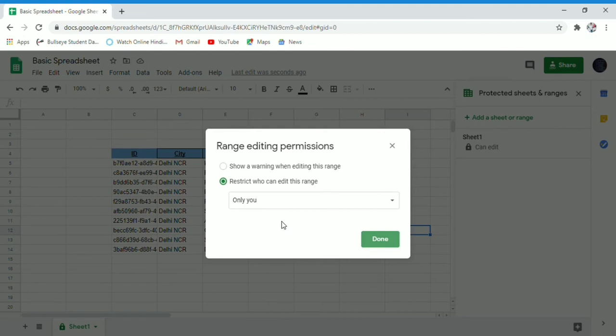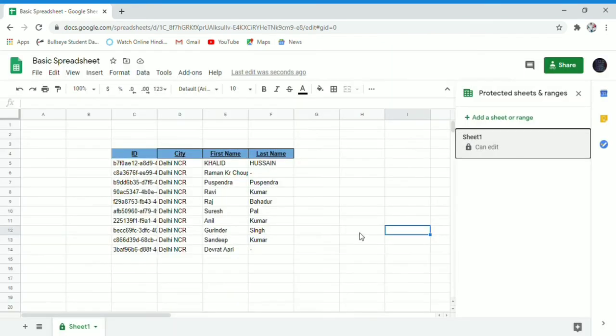So I will restrict this to only me, so only I can change the settings for this particular subsheet. You can see that this lock logo shows that this sheet is now protected.